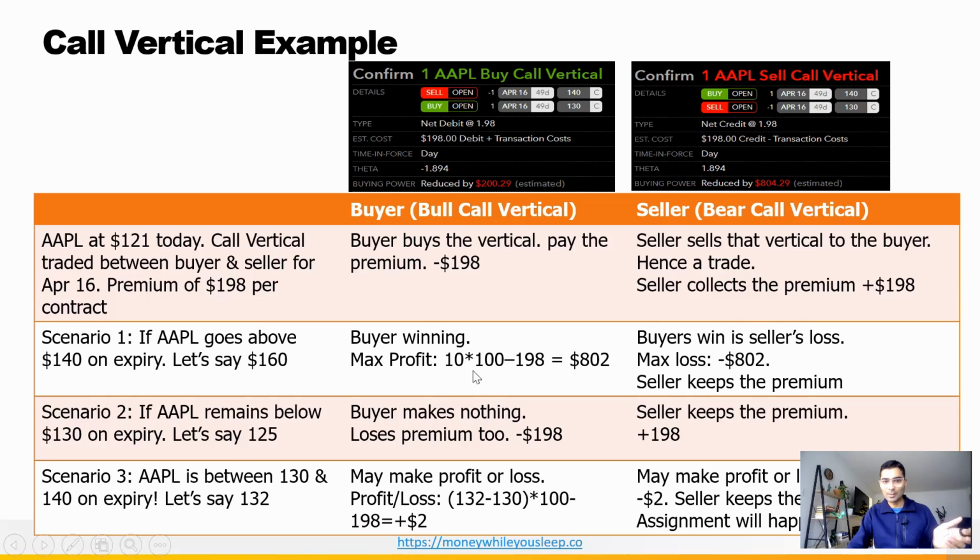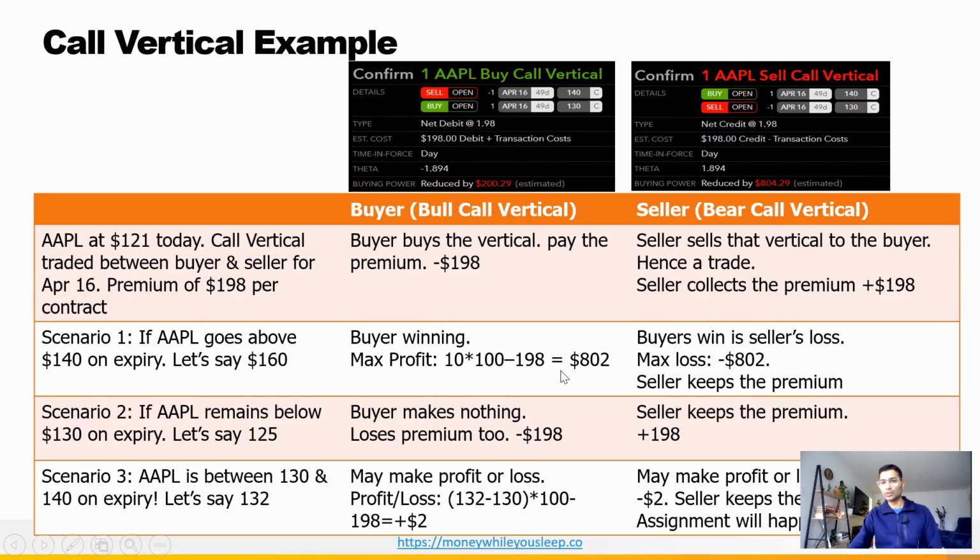So this 10 is coming from the difference of the spread between these two legs. So 140 minus 130 is nothing but 10. So the maximum profit is also capped for the buyer of this vertical. So this is a disadvantage. I mean, the advantage is that the buyer is paying a lesser premium amount, but at the same time, his profit has